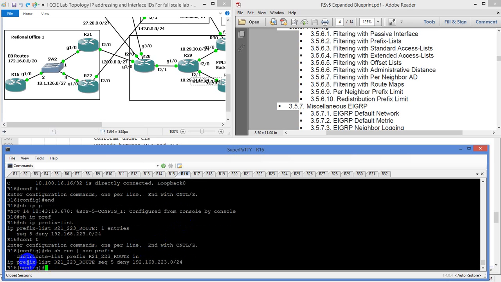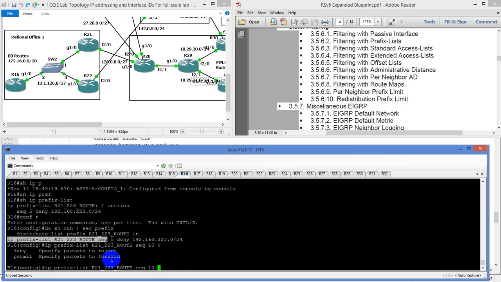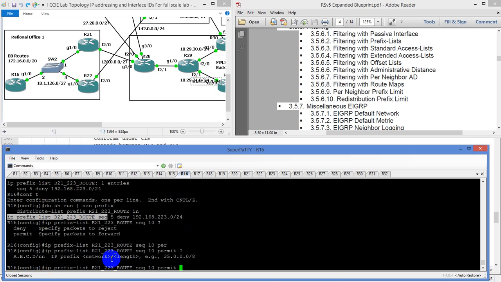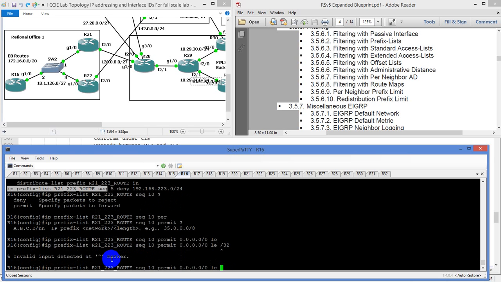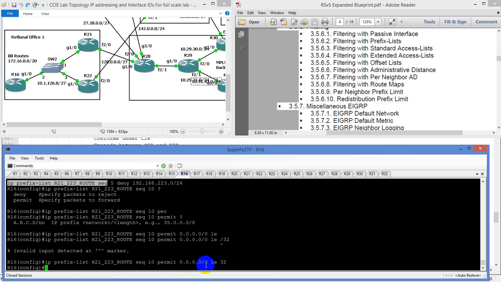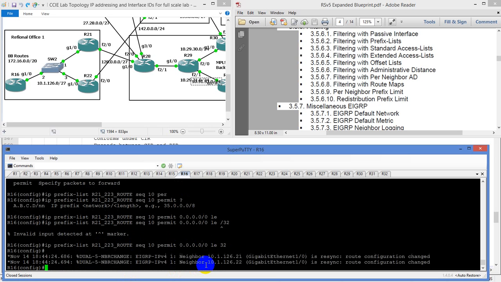We're going to grab this and say sequence 10 permit 0.0.0.0/0 le 32, so less than or equal to 32. That means this is going to match everything. We're going to hit enter, and in a couple of seconds, because the distribute list is already pulling the prefix list, we should get it